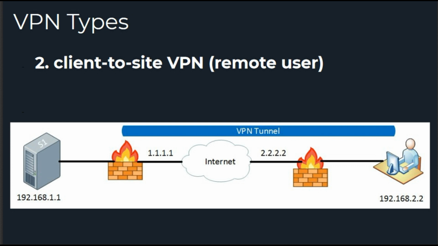Now we are going to discuss client-to-site VPN, remote user. The client-to-site VPN is also called a remote user VPN. The user installs a VPN client on his or her system, laptop, smartphone, or tablet, and the VPN tunnel is established between the user's device and the remote network device. Here is one example. In this picture, the user has established a VPN tunnel between its VPN client and firewall 1. This allows the user to access a remote server. This is the client-server combination.